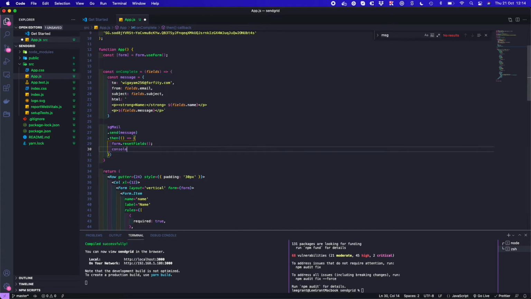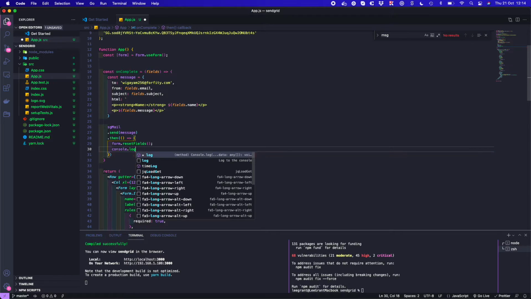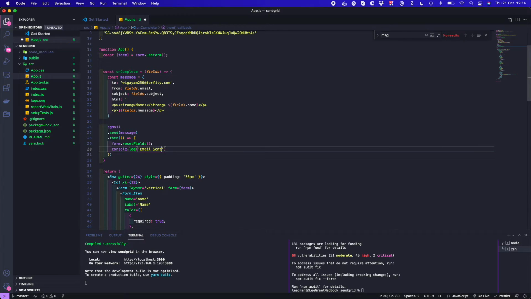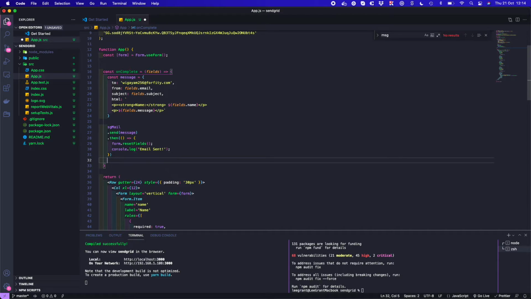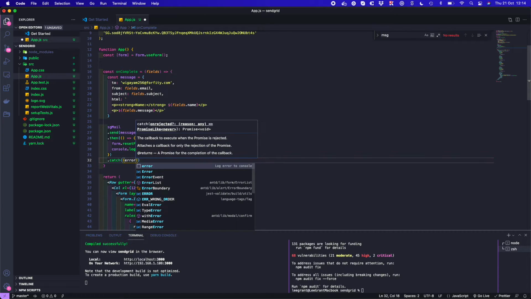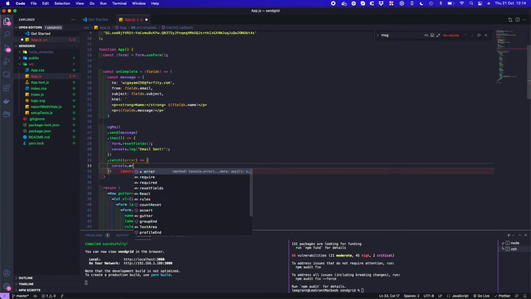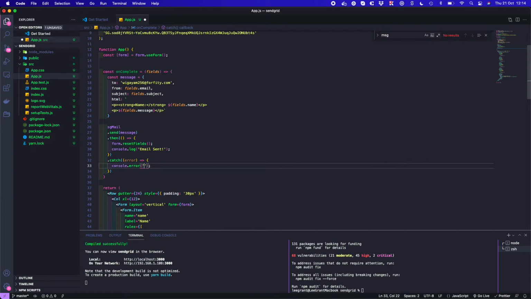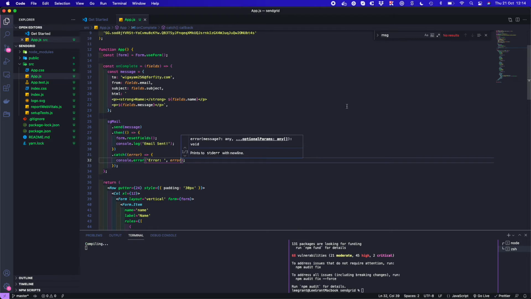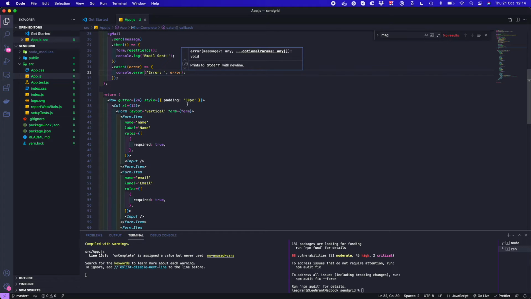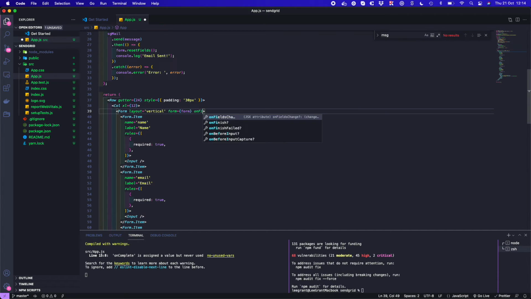Then we can console log email sent. We can catch any errors as well. And we'll go console error. Error. So now we want to attach this to the form as well. So this will be an onFinish equals